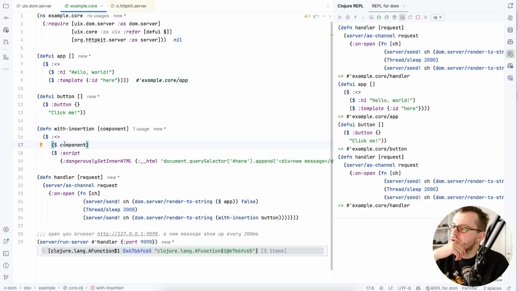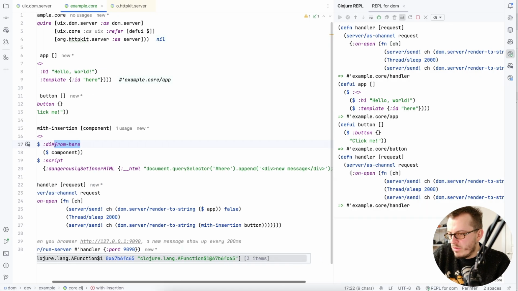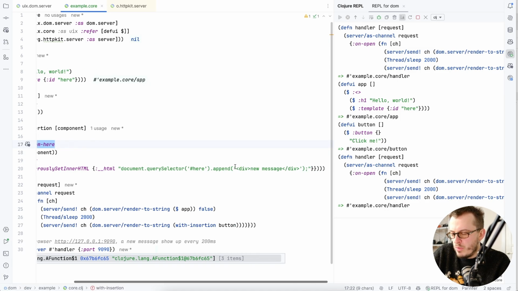And insert the button into this element. Which means probably want to wrap this button into an element and give it ID from here. Right, actually, we have a syntax for that. So that's going to be query selector here, append,